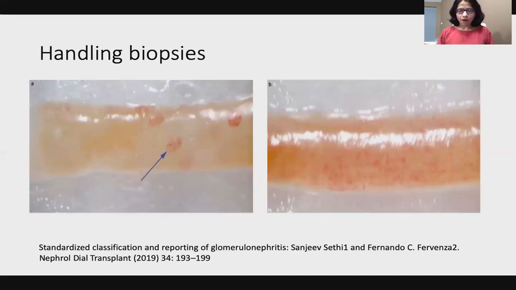Now, some departments do fluorescent microscopy. In that case, the biopsy comes in saline. And when it comes in saline, if there are two cores, one core is saved for fluorescent microscopy and the other core is put into formalin and then processed for light microscopy. Now, once we have separated the cores for electron microscopy and for light microscopy, it is then processed.